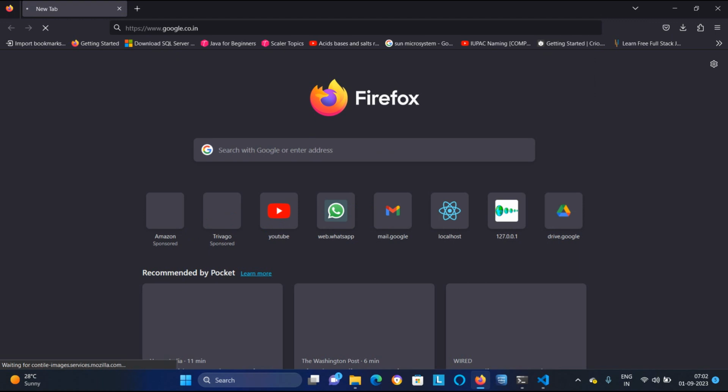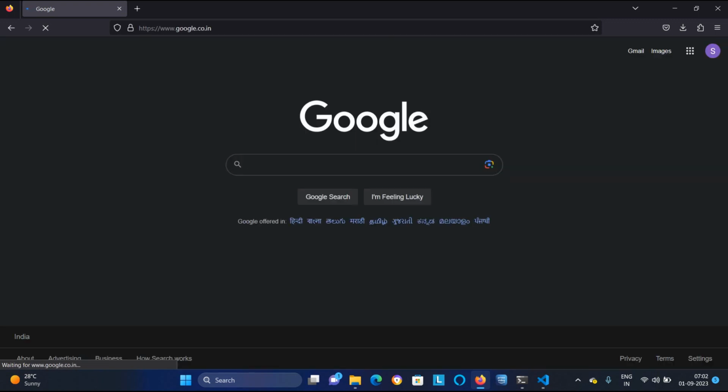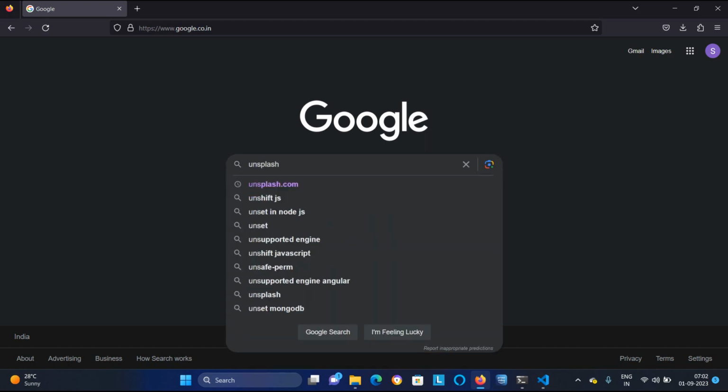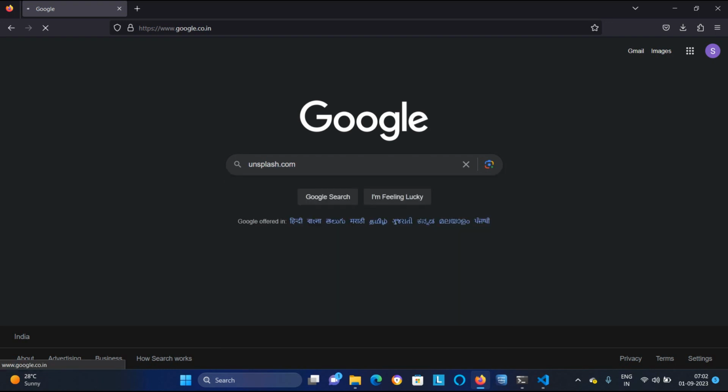I am revealing one site from where you can get free images, and those free images you can use in your code. That is nothing but Unsplash, unsplash.com.